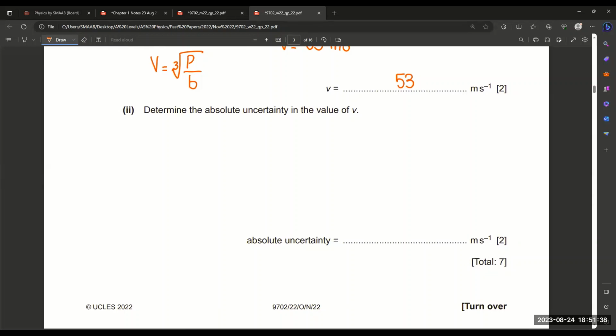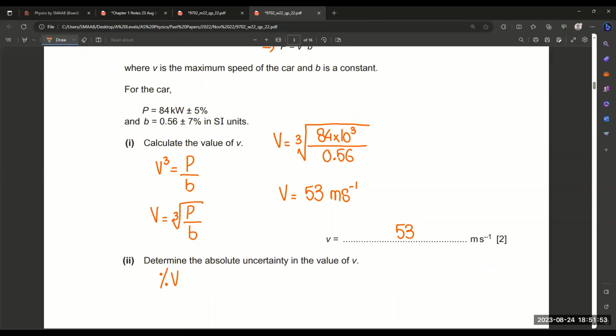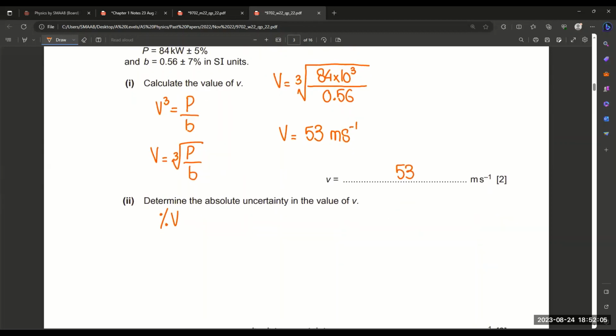Because they want the answer in plus-minus form, that's why they ask about uncertainty, right? So what we need to find is this one. But the problem is that we have a cube root. A cube root is a different situation from square and cube. So basically it will be equal to 1 over 3,